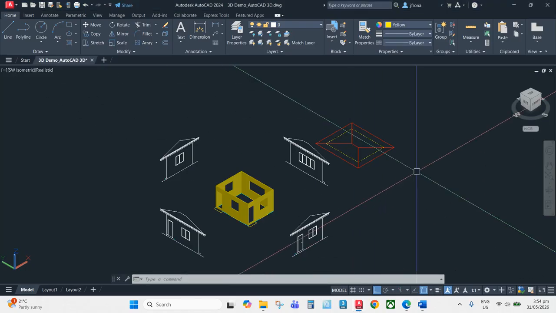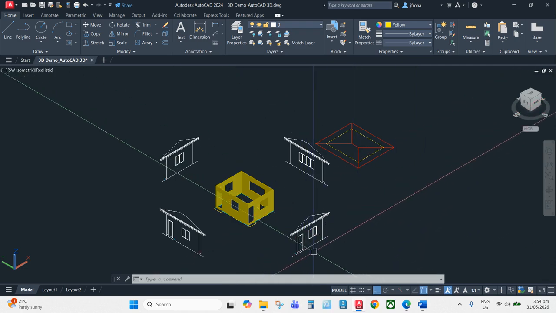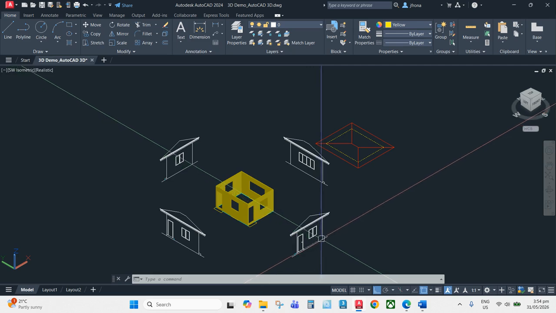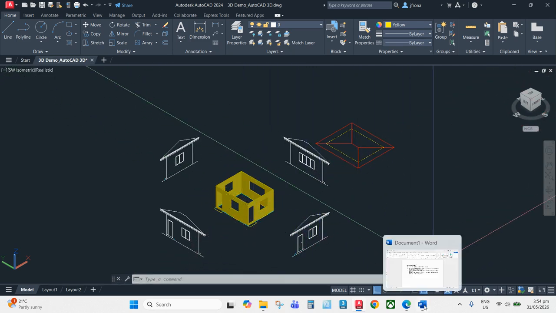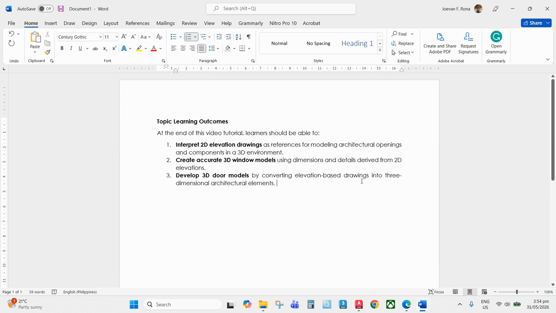All right. We're now into our next step in creating the 3D model of our house. So we're going to create the doors and windows as well as the floors and the steps that we have here. So before that, the topic learning outcomes for this video tutorial is for learners to interpret 2D elevation